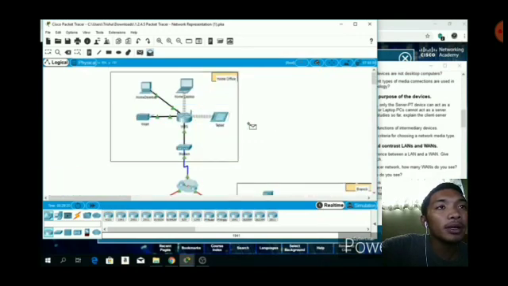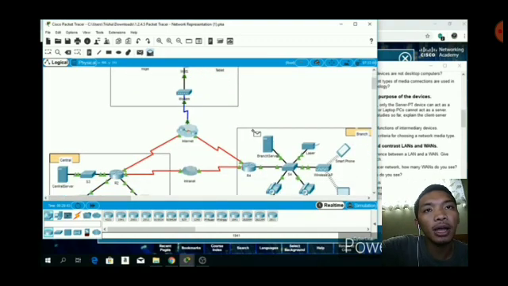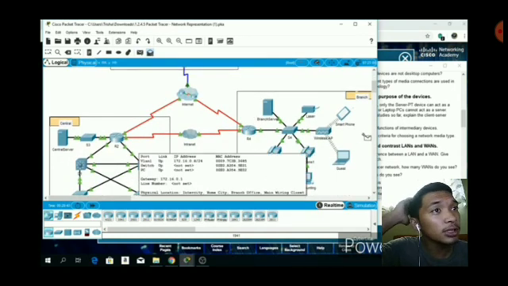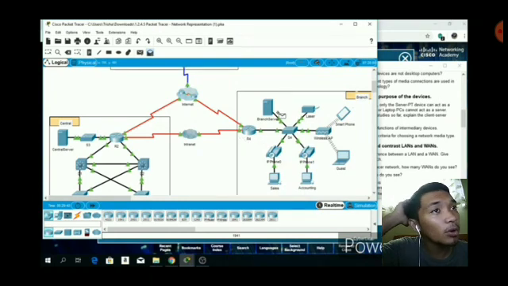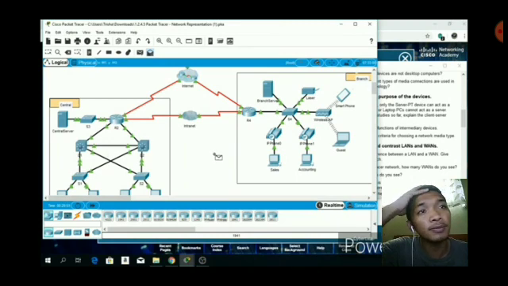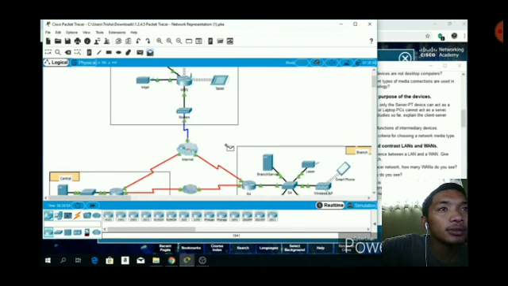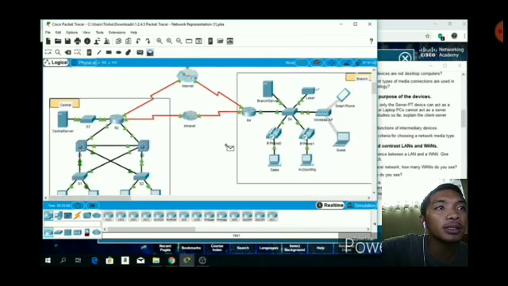Step 3, compare and contrast LANs and WANs. Letter A, explain the difference between a LAN and WAN. Give an example of each. So, I'm going to give some examples in LAN. The example of home office and school office, and one is from the internet. So the difference between LAN and WAN,